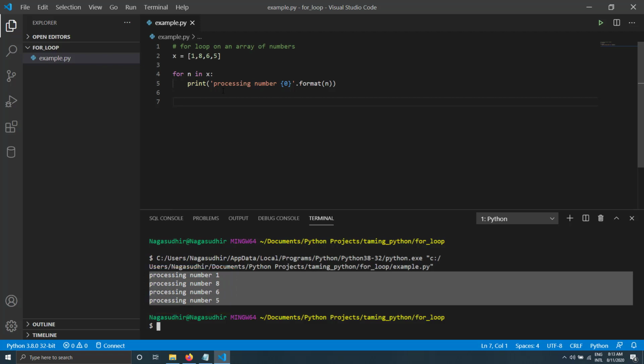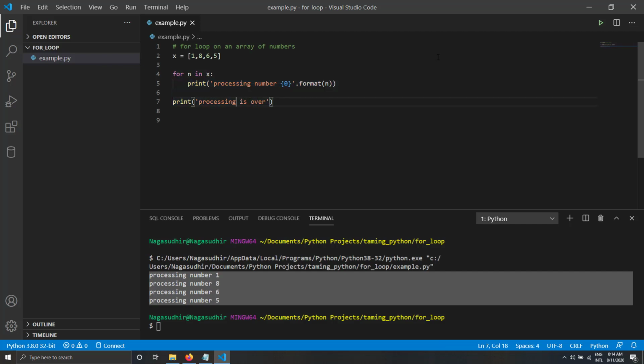So what happens here is that while using for loop, you can get each number in this temporary variable n and use that inside the for loop block. You can see I have given a single tab space inside for loop because this is the starting of the block of for loop. And if I just write without a tab space in the bottom, I'll just write print processing is over. You can see this line is not given a tab space below for. That means this is out of the for loop. So this should be executed after the for loop is over.